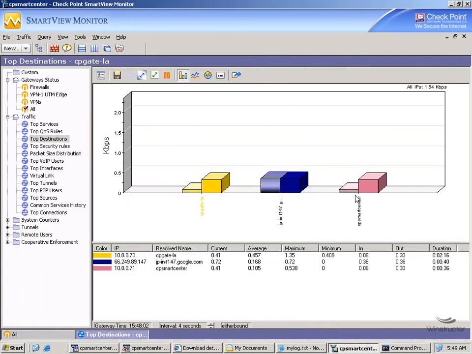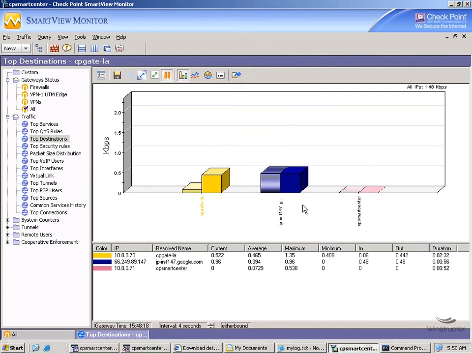And behind here you can see that our graph is changing. We've got our ping traffic causing, well, it's only really a minor blip here in the middle on our graph, but it is there. And now if we click on this little pause icon here, which issues the freeze command, we can then freeze this graph in place, and we can see exactly what traffic was passing through our firewall at the moment we froze it. And that's useful because there are going to be times where you want to take a look at what's going on with your traffic, or what sites are popular, and since things can change in an instant,